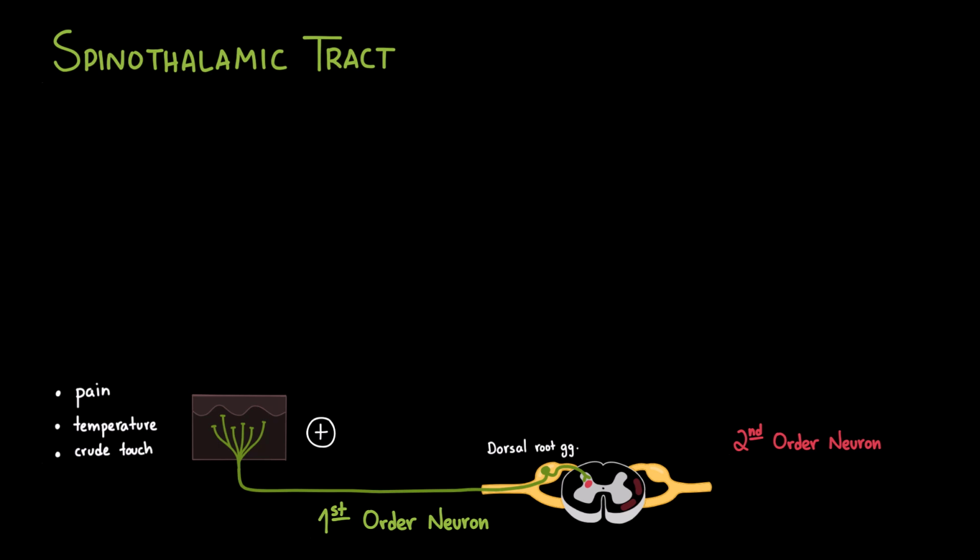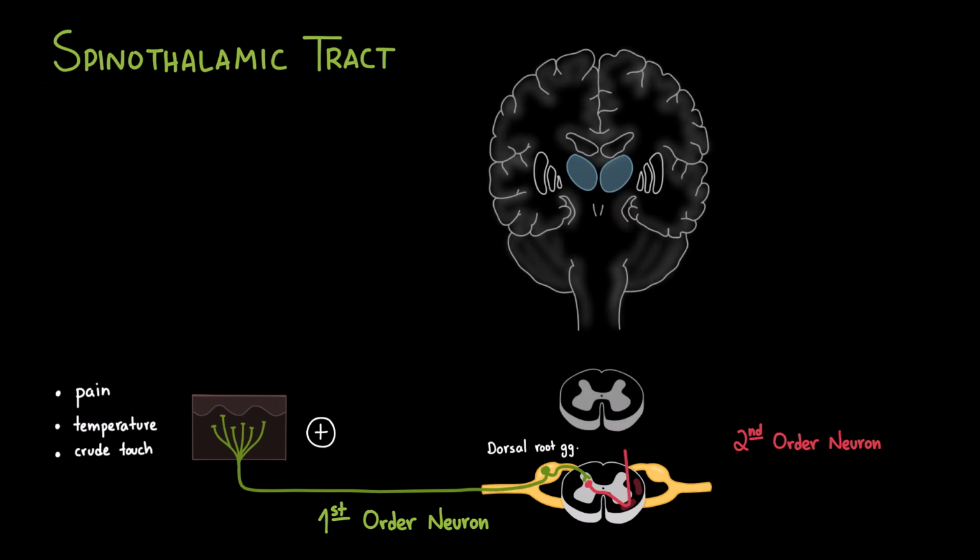Then the cell body of the second-order neuron sends its axon that passes through the anterior white commissure and crosses to the opposite side of the spinal cord, a process called decussation. After crossing, the axons then ascend in the anterolateral funiculus, forming the Spinothalamic Tract, until they reach the thalamus, specifically